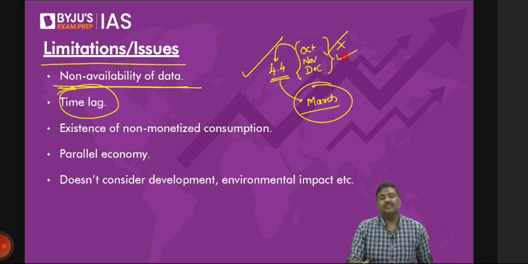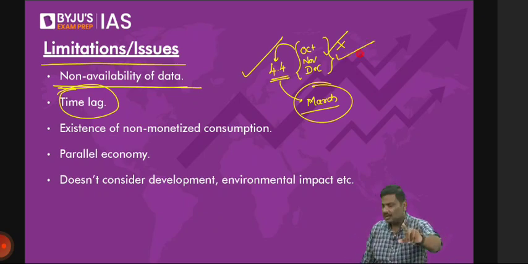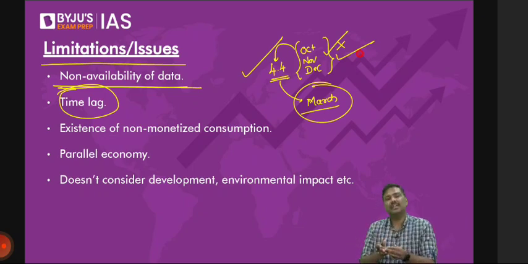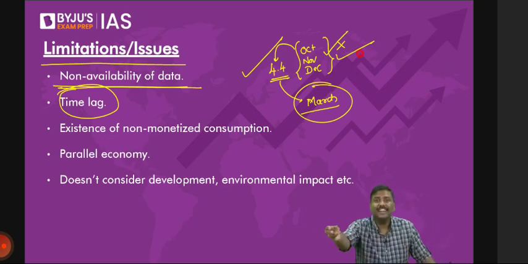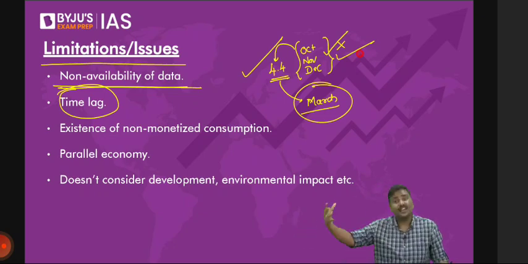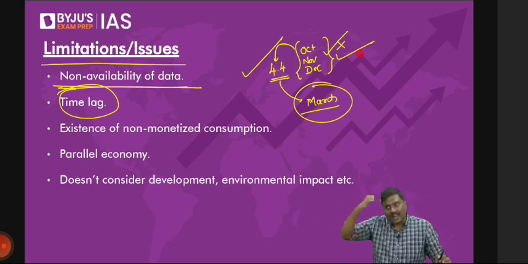Again, please understand, I'm not saying government is wrong. Do not twist everything and make it political. So then why is there a delay like this? There is a delay for a simple reason. India is not a very small economy. It's not that we have only 10 companies in India. We have lakhs of companies. Informal economy is very large. Lot of surveys have to be conducted. Lot of data has to be collected, then arranged, analyzed. Then the data or result will be given to you.